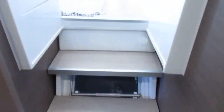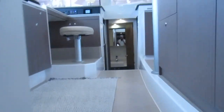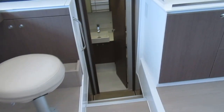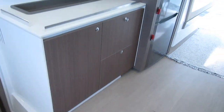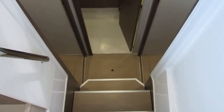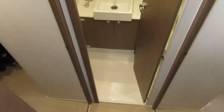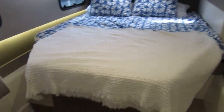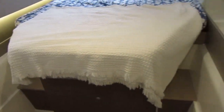Okay, back up the companionway on the port side. We're going to go check out the starboard side here. There's more storage here, by the way, that I didn't point out. The photographs detail all of that. So this is the starboard side, and we've got a guest cabin aft. Again, we've got a queen with island walk around either side here. Big window, a couple of portholes